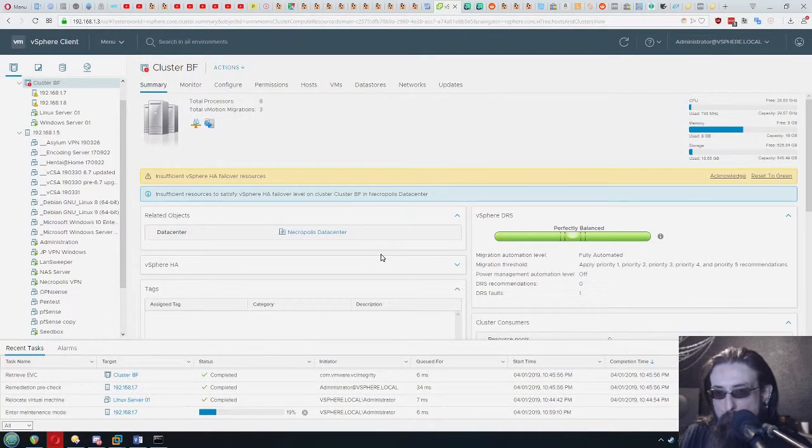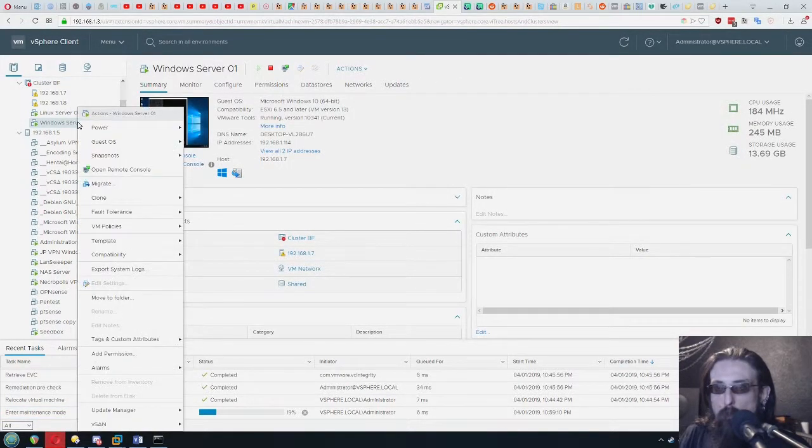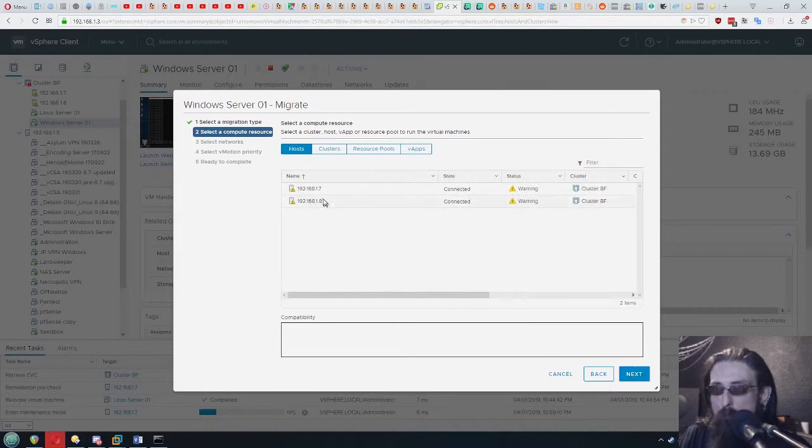So it's been about 10 minutes and it's still entering maintenance mode at the same percentage. So I'm wondering if it requires me to manually migrate things off of that. I was hoping that it automatically would move them, and maybe I'm just not giving it enough time, but I'm impatient right now, and I really want to see this happen, so I'm going to migrate the Windows server into